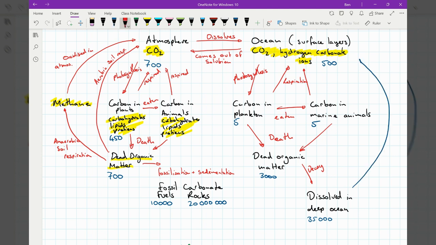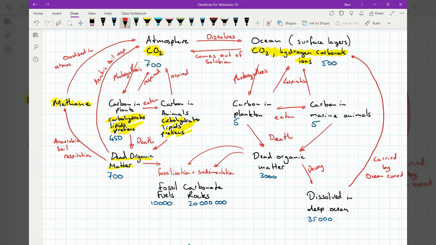You can have that, oh, that's the wrong color. You can have that carried by currents back into the surface layers, and that dead organic matter can also contribute to fossilization and sedimentation and become